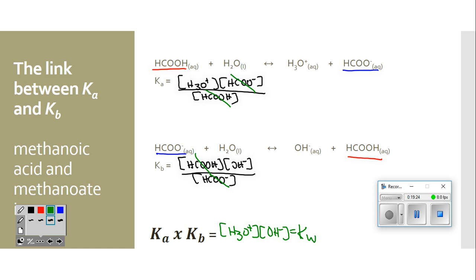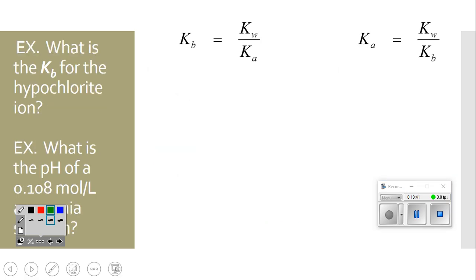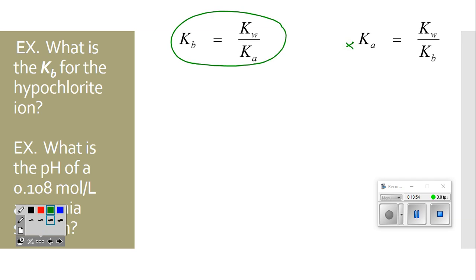So if I wanted to find Kb, I don't necessarily have to know the concentration of anything. I just have to know the Ka from the data booklet. If I want to know Kb, I would do Kw divided by Ka. If I needed to know Ka, I could calculate it as well, but I don't think this version is one you would have to use a ton. This one, I think that you would. I think it's very probable for us to ask you to calculate Kb, and you have to use the Kw